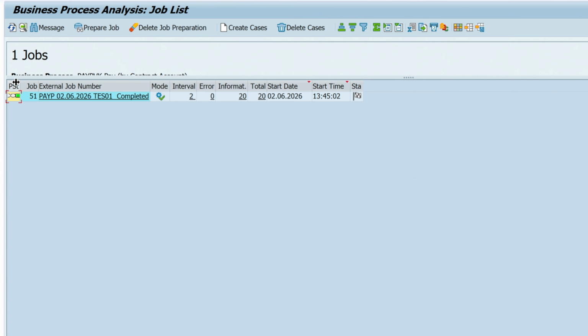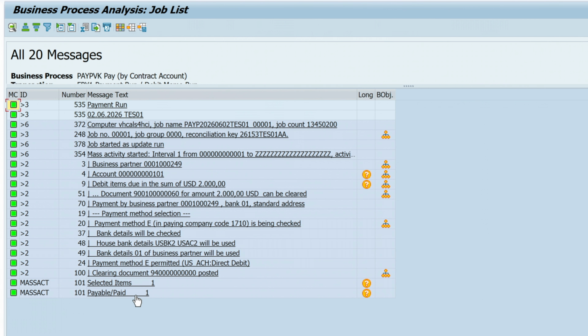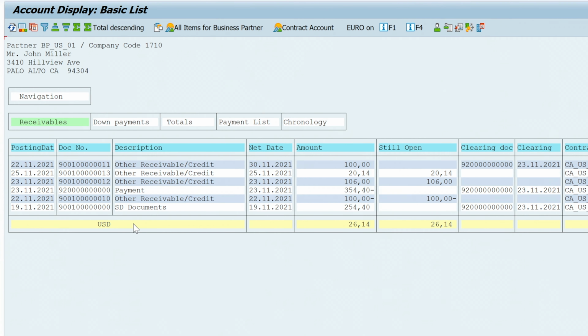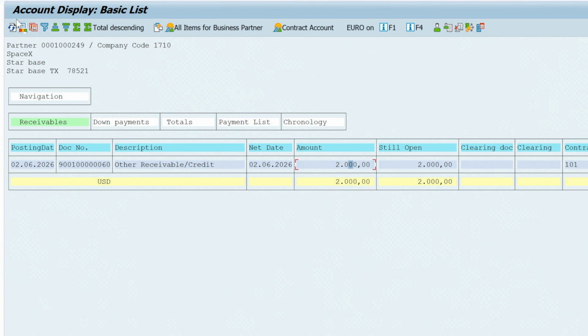Oh yeah, it's saying it's posted. I mean, it's green, but we'll check if it is actually posted or not. Yes, payable or paid is 1. So clearing document, this also is posted, which is awesome. So now if we go here and refresh it, oh sorry, not here, in this contract account, and refresh